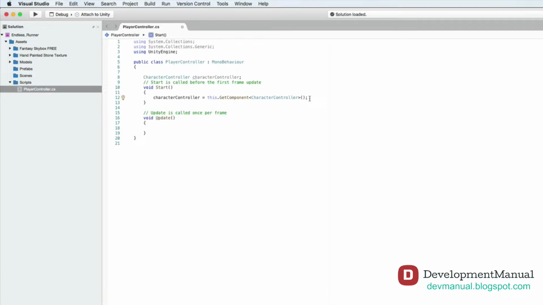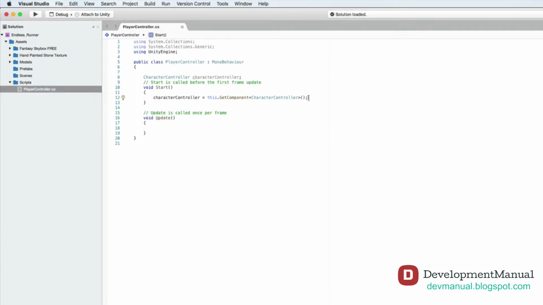And one last thing about the Start function. Unity executes the code in this function first, hence it's named Start. And it's precisely the reason why we always use this function to initialize variables, meaning setting them equal to an initial value, just like what we did with the character controller. I apologize if I'm over-explaining things, but I really want to make sure that you understand how scripts work in